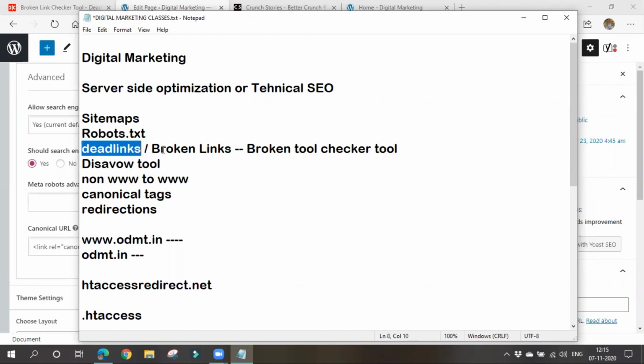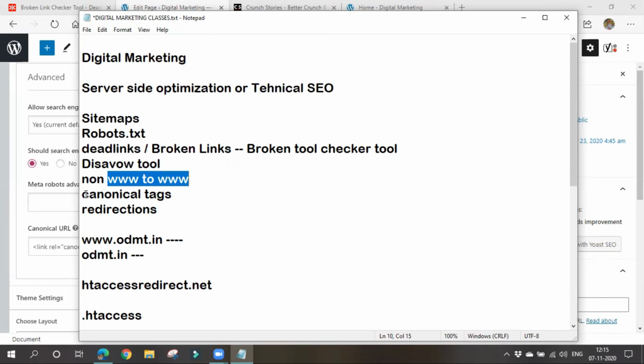In the case of dead links or broken links, we are checking whether there are any dead links or broken links in our website, whether we have given any internal links or external links to any dead websites, and we will be removing them with the help of the disavow tool.